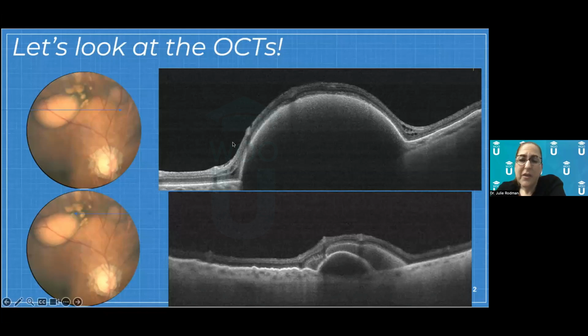The other problem here also is that if you look at the neurosensory retina, or whatever is left of it, you can see that there's some darker spots within. And remember that dark on OCT usually indicates serous fluid. There should never be serous fluid just hanging out in the neurosensory retina for no reason. And you can see it on the other side as well. So lots going on here, but there's definitely a PED and there's definitely some leakage or something probably coming up from the outer layers of the retina because of this massive PED.